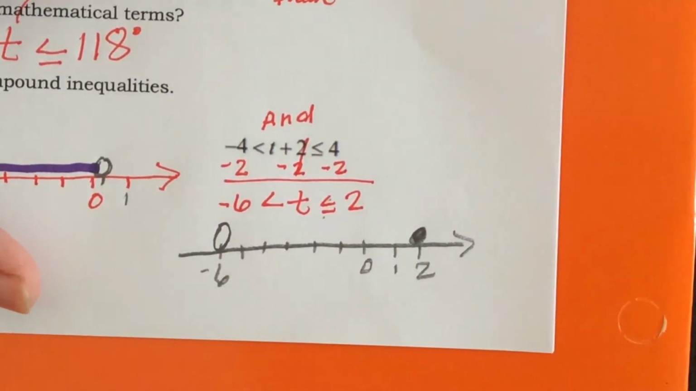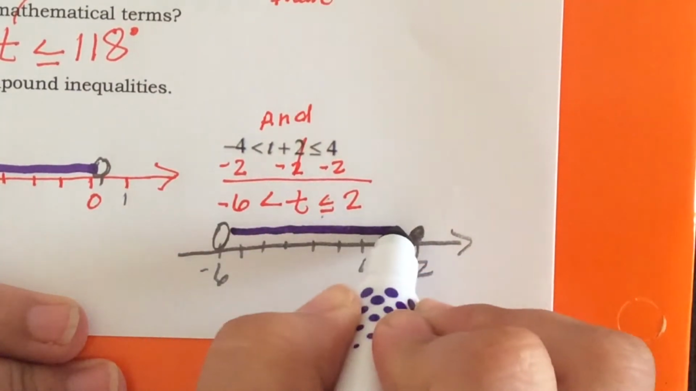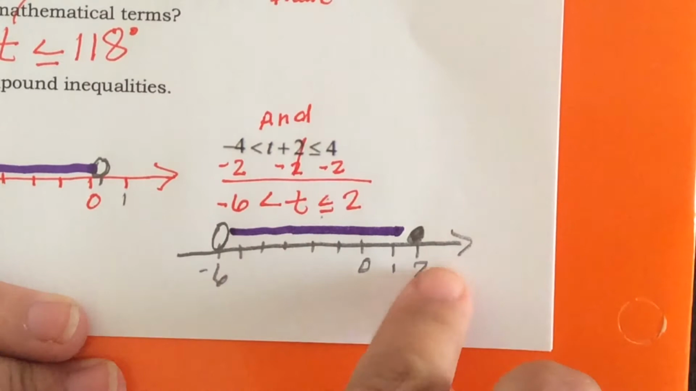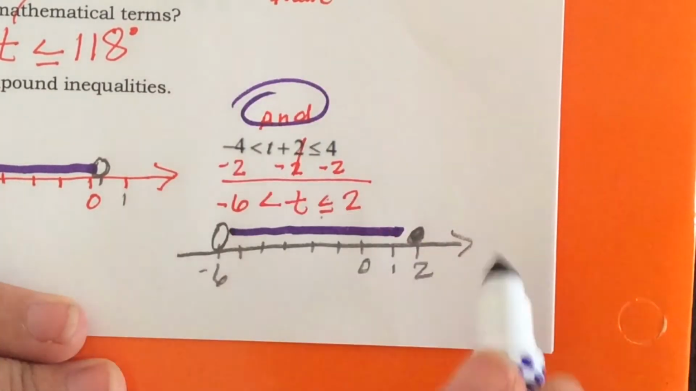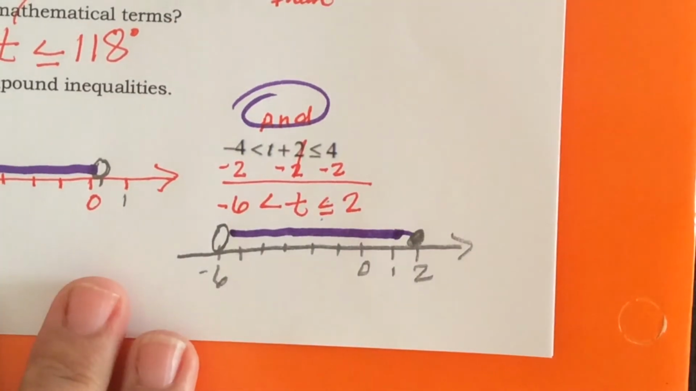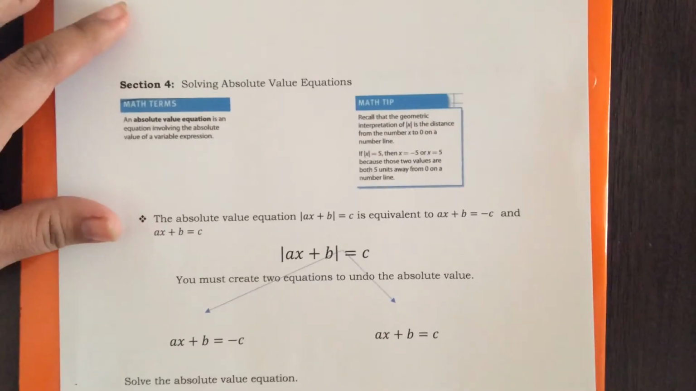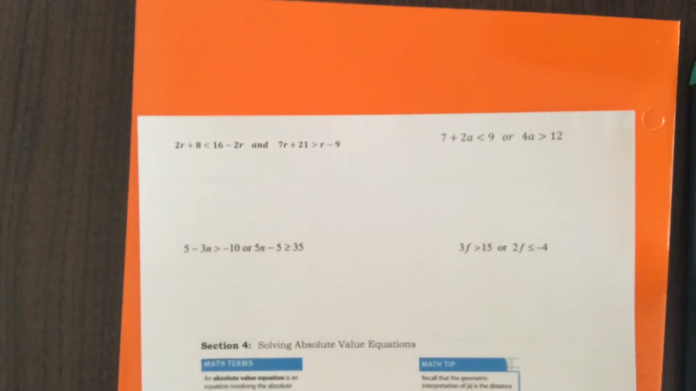And I'm going to fill in everything in between because I want all the numbers that are in between -6 and 2. That's the and statement. It's saying in between, all the numbers in between. So that's the and statement right here. Let's continue with the next example. It's also an and statement, and you will see that it has the word and, which is okay when we